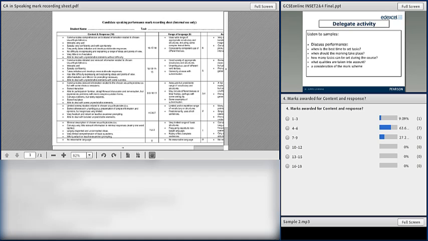If you look at the marking grids, obviously you will see that if we look at some of the descriptors, especially content and response, three things stand out. One is interaction: interacts well, very well, some interaction, or has very little interaction, like in the previous one. There's the element of hesitation, very little or no hesitation. Hesitation in itself can be simply because it's been rehearsed and prepared, but obviously, like here, it's clear that it was pre-learned, because sometimes the candidate got a bit stuck and just had to stop and think, trying to remember what she had to say.